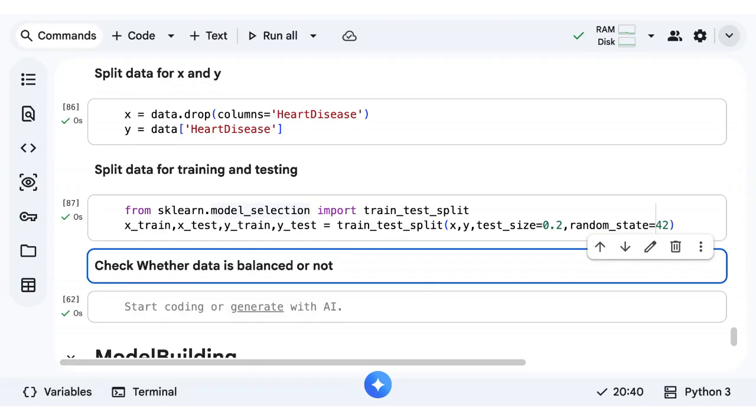Okay. So now, how do you say whether data is balanced or not?